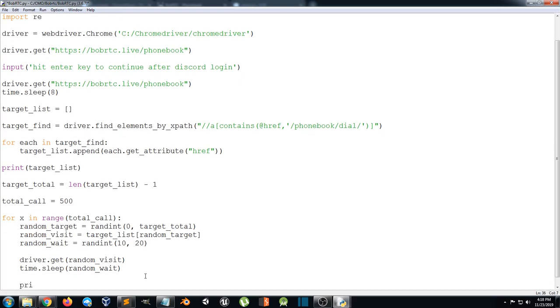And lastly, we're going to print, I have called